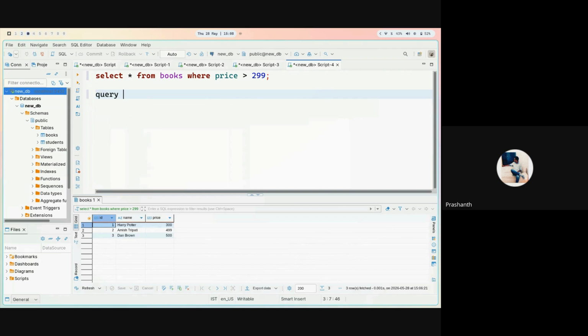SQL is pretty much used everywhere. Previously, I used to work in an organization where we were making reports. We have raw data, multiple raw tables, like 15 tables, and we have to make one single report. So we manipulate all those 15 tables using different columns and different conditions to get a comprehensive report for the client. SQL can get really complex, but once you break it down into single lines, it becomes pretty simple.